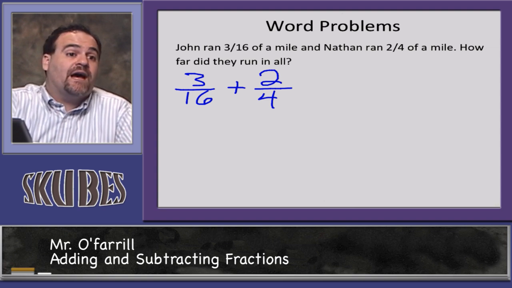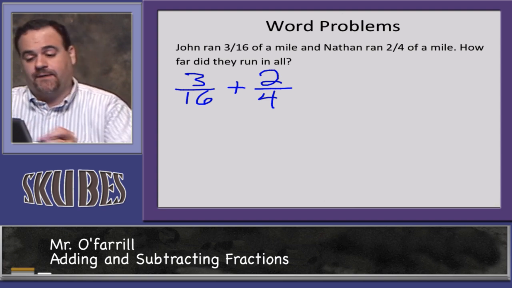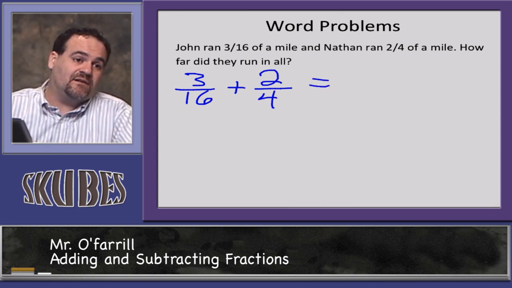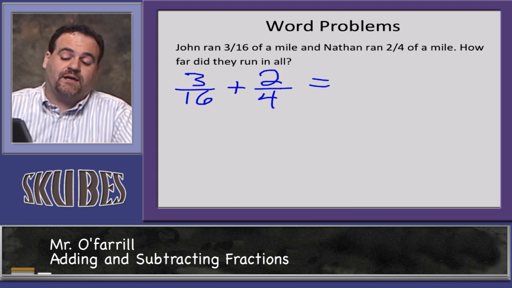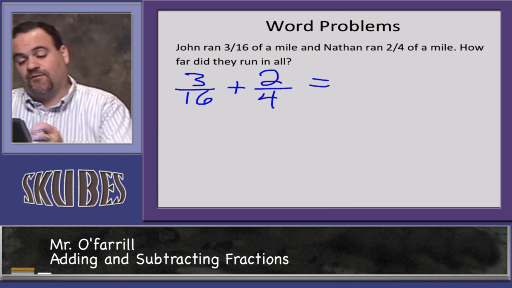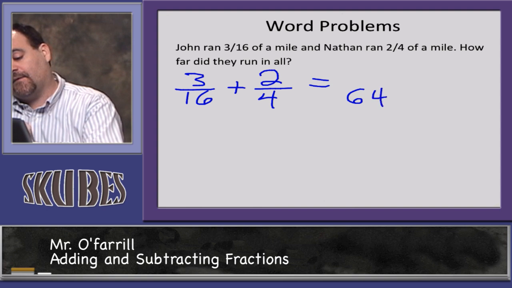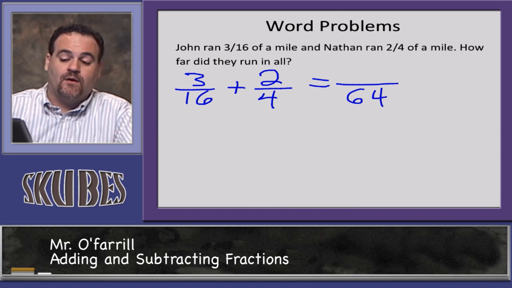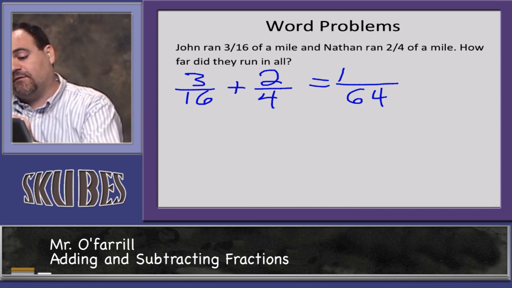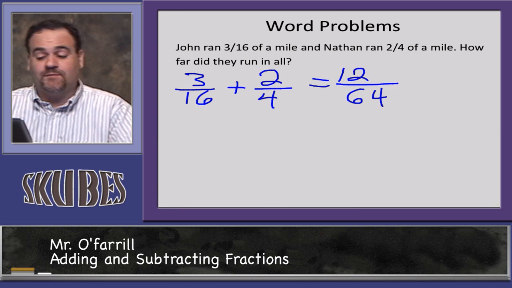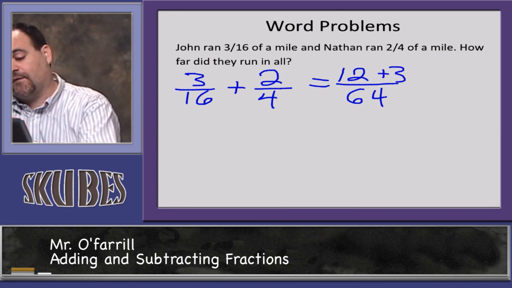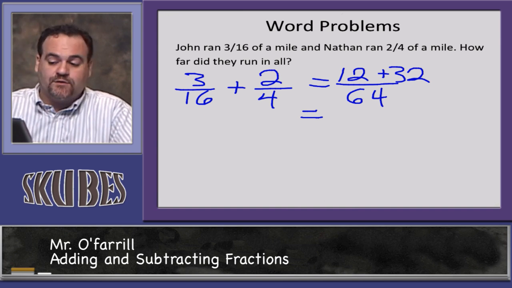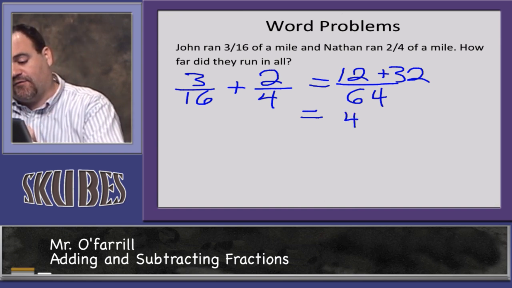We're going to go ahead and do what we have been doing for every other problem today, and multiplying 16 times 4. Now we're going to get a pretty big number here. 16 times 4 is 64. 4 times 3 is 12. And 16 times 2 is 32. We'll add those numerators together to get 44